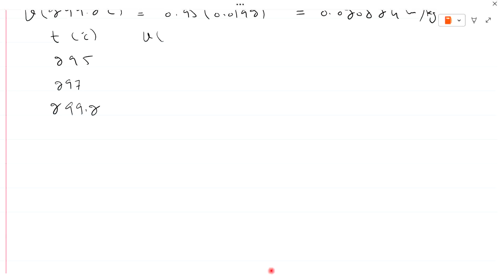Specific volume in meter cube per kg at 295 degrees centigrade is 0.022344. This is unknown. At 299.2 it is 0.020824. Do interpolation. Third minus first,